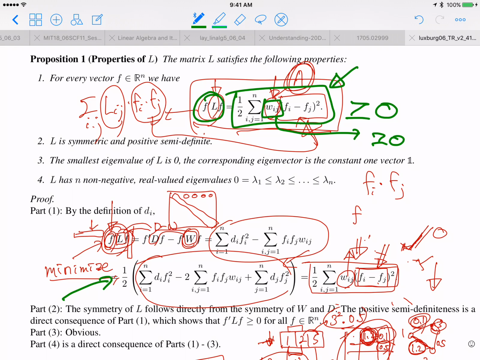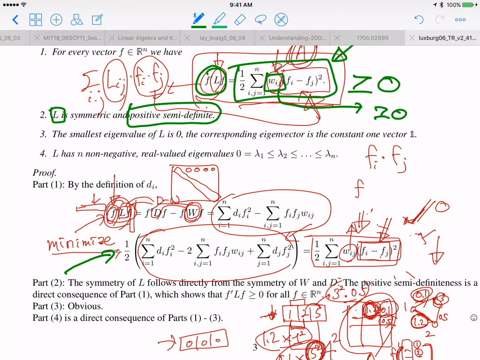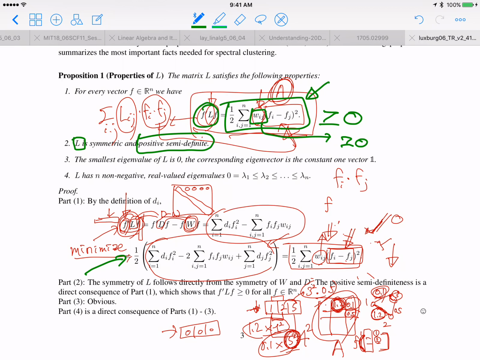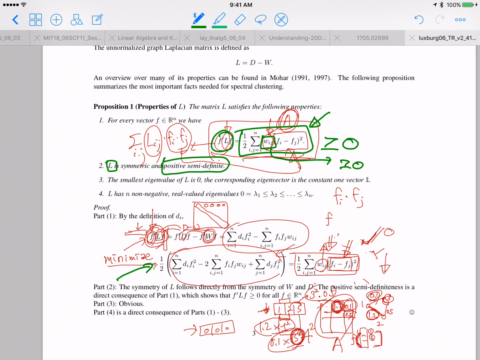Okay, so even though I will not prove this, if your adjacency matrix is non-negative, which means you don't assume any negative edges, then your matrix L, this Laplacian matrix L, is guaranteed to be positive definite or positive semi-definite. Okay, it's quite a linear algebraic thing, but yeah. Okay, so